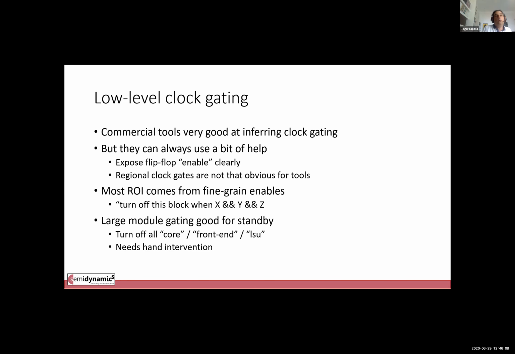So you'll be doing that, and you'll be adding also what's called large module gating, like, hey, turn off all the front end. I'm working on this vector instruction, so I can turn off the front end. This is also something you'll have to code in after you take this academic course.